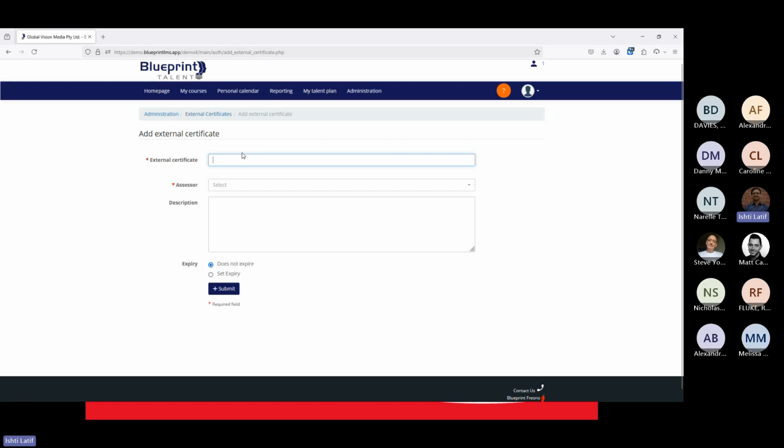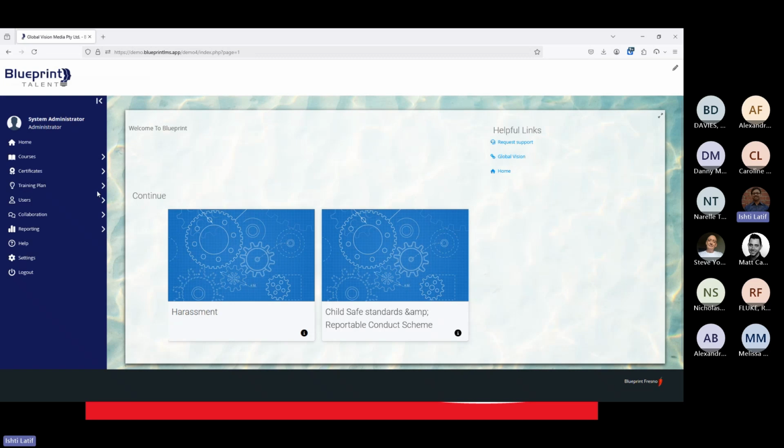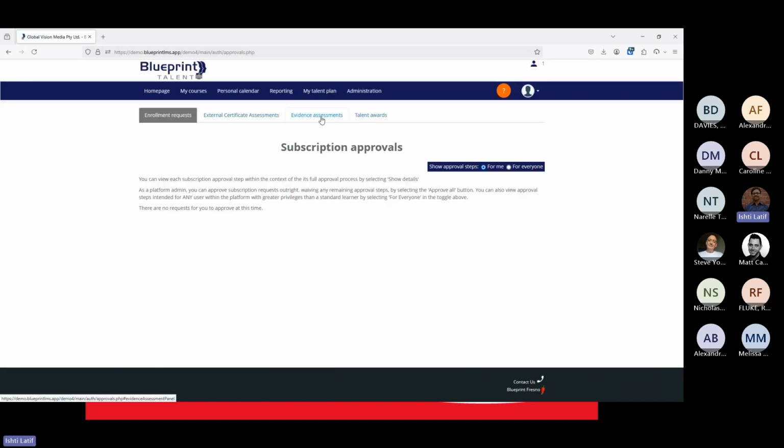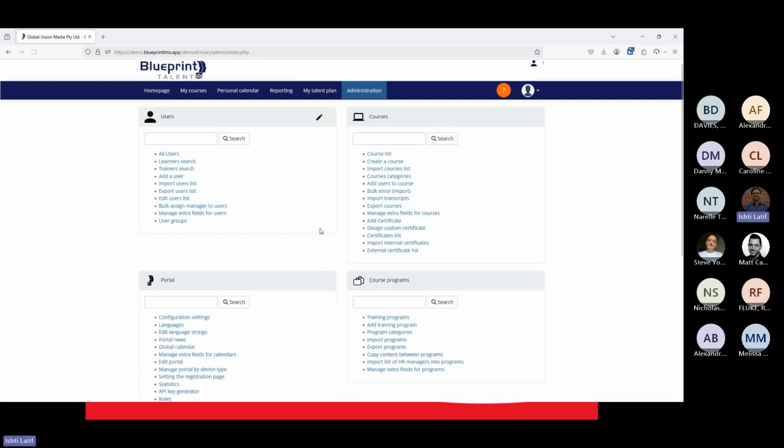But once they have uploaded that certificate and it has been approved by the LMS admins or by their manager, and you have cited it and it's been verified, you can then go into the approval section like so, and under evidence assessment, you can go and say, yep, I've seen it and I will verify it. So once you have recorded the verification, we can now look into the talent plan view,